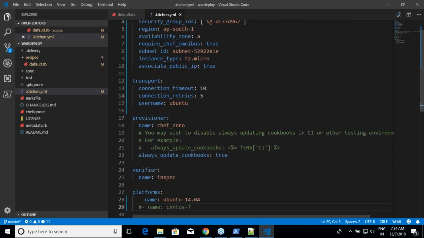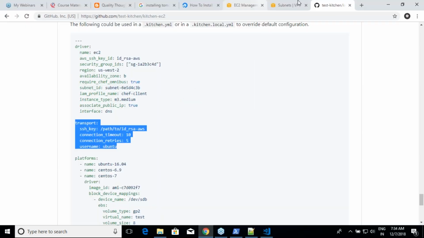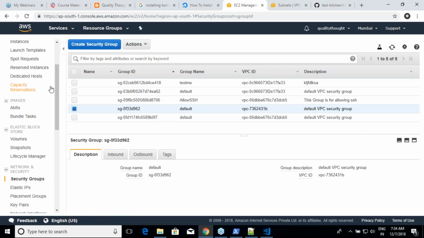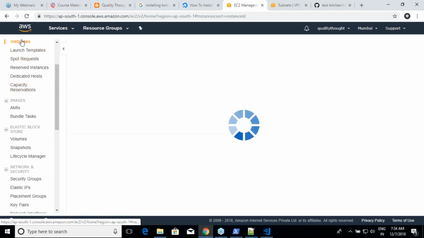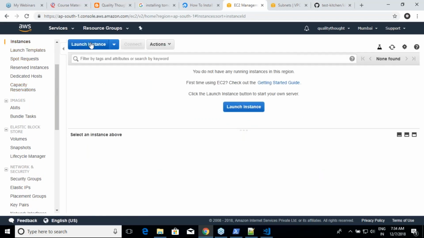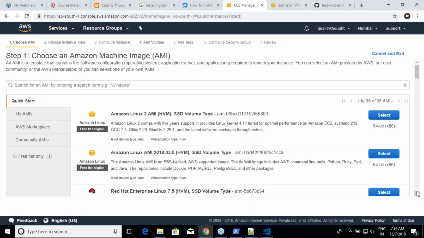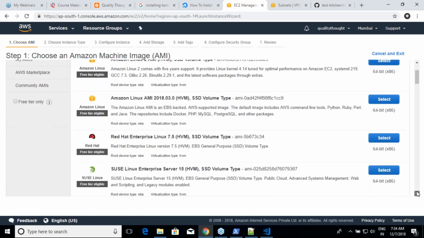I'm looking at Ubuntu 14. If you want to be very specific about an image, you can click on EC2, then Instances, and say that I want to launch an instance. Over here, you will find Ubuntu 14, yes or no?